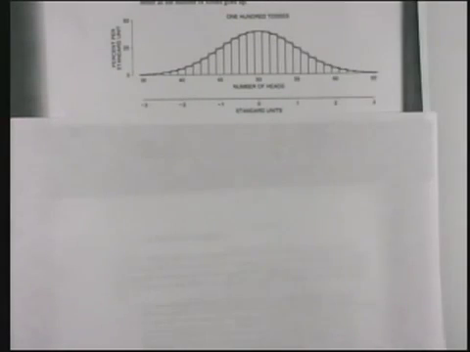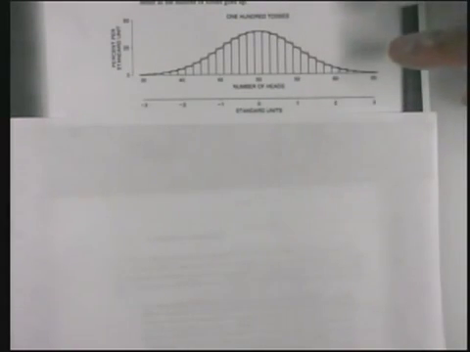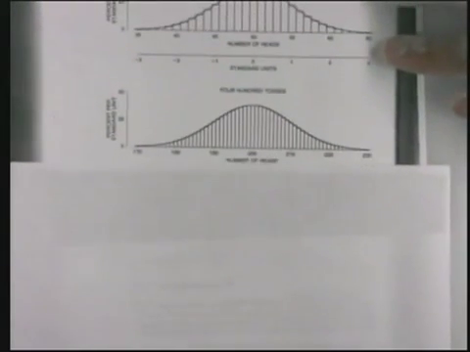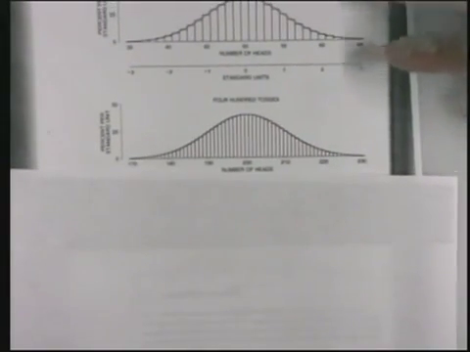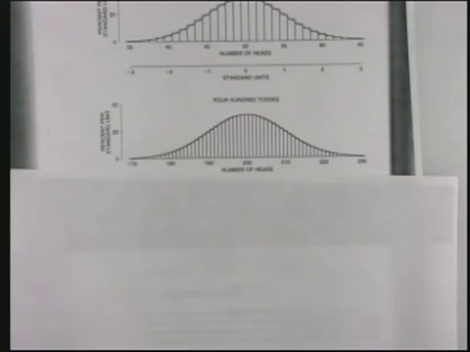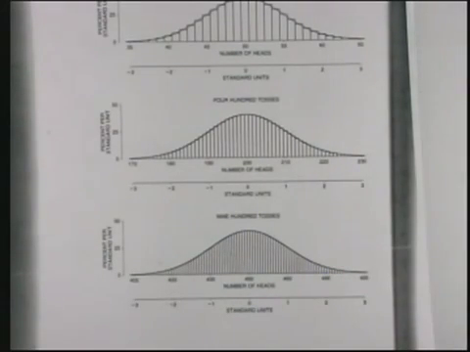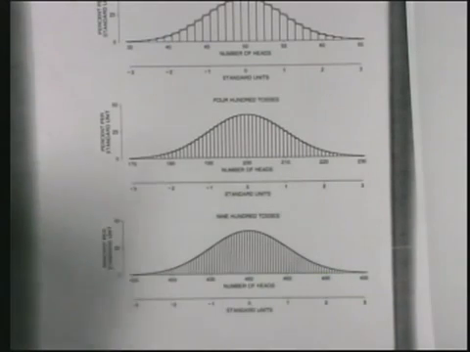This is for 100 coin tosses. Looks pretty good. Looks a lot like the normal curve, right? Well, 400 coin tosses, even better. There still are bars, right? There's really skinny bars, and the normal curve is following the bars pretty well. There are little edges of the bars that poke outside and a little bit inside. 900 coin tosses is almost indistinguishable from the normal curve. There are still little tiny edges poking out, but there really are bars there, right?